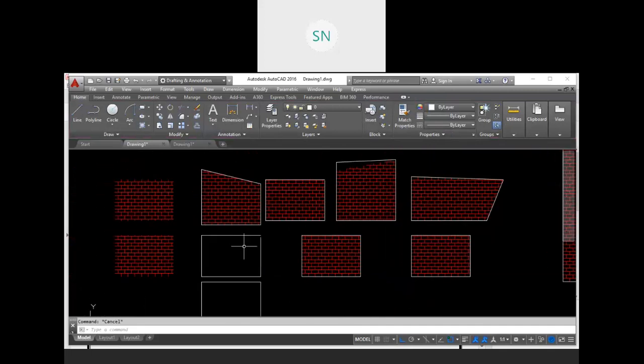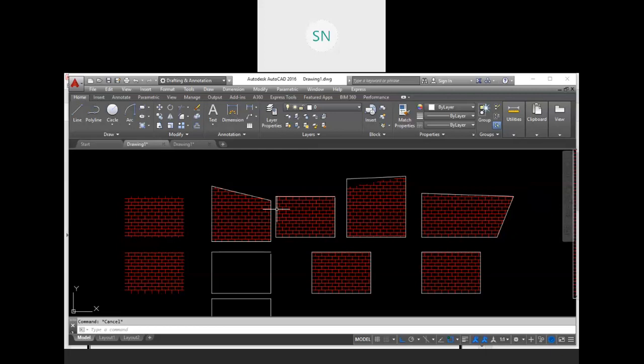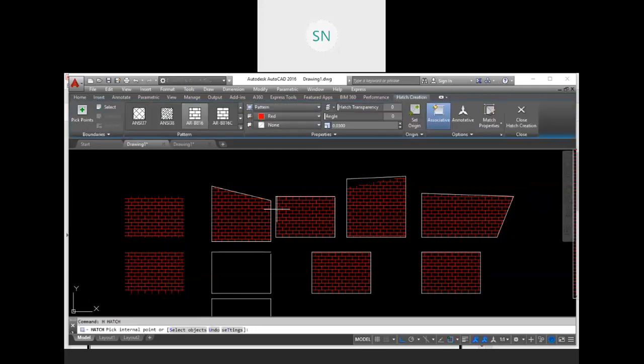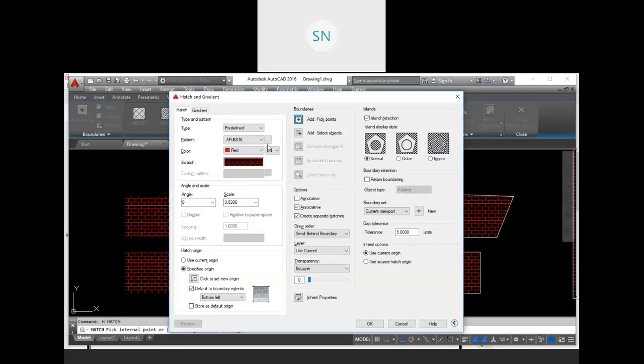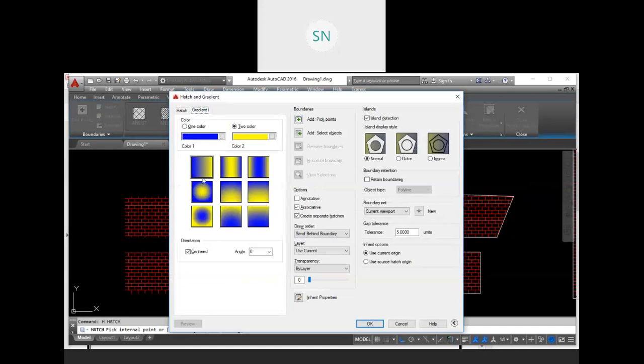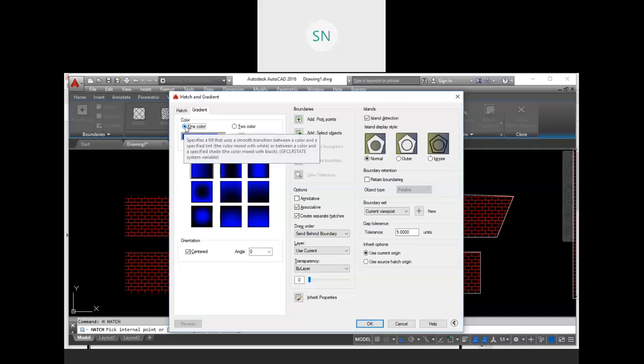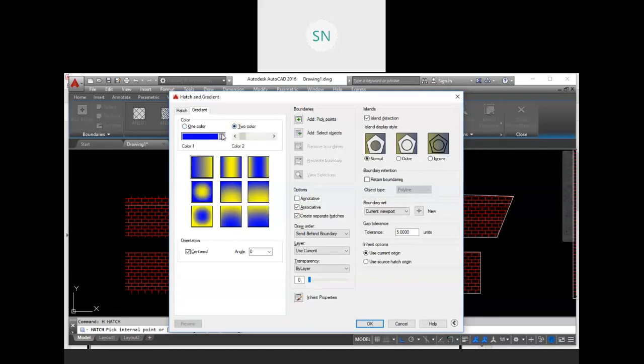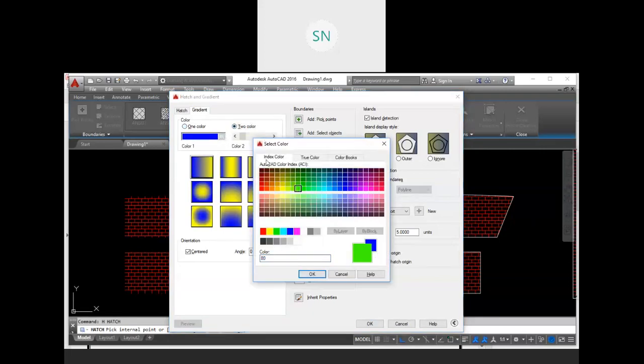And also we have gradient. So click on the hatch, enter, settings, T, enter. Instead of this hatch, if you want to fill up colors, go to this option, gradient. So here we can fill up colors also in AutoCAD. If you want a single color, then click on one color. So the other color will be black or white. If you put it at center, then it will be removed. Okay. And if you want two colors, then you can use two different colors.